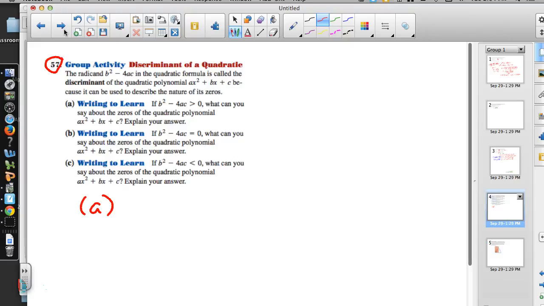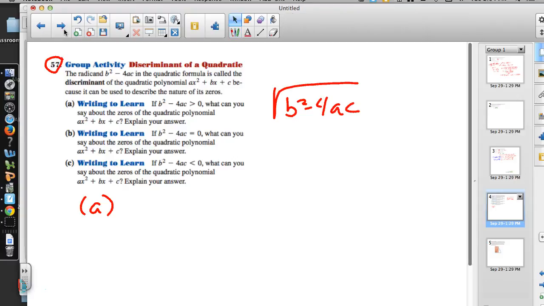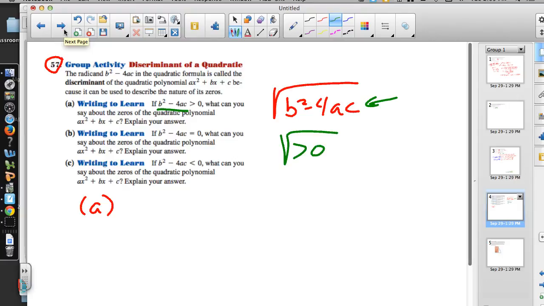If b squared minus 4ac is greater than 0, what can you say about the zeros of the quadratic polynomial, and explain your answer? Well, there's your discriminant, but we don't necessarily bring the square root along with the discriminant, but this is what you have to think of as you're going through this problem. If b squared minus 4ac is greater than 0, we are going to be able to find the two zeros because the quadratic formula has that plus or minus in front of that. So there will be two real solutions